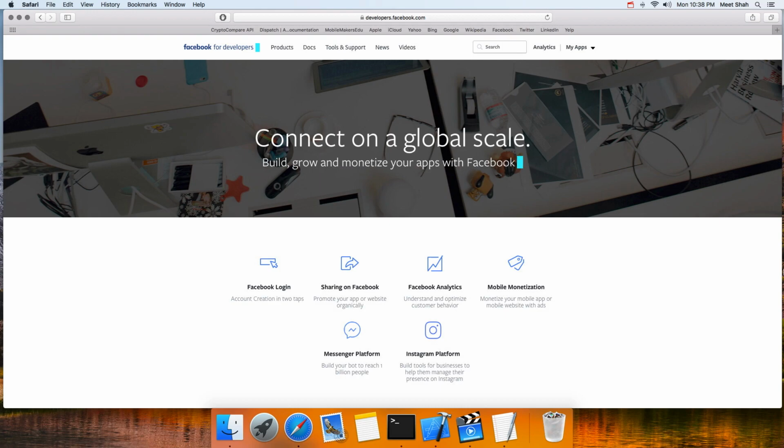To give a quick overview of what Facebook Account Kit is, Account Kit provides new users the ability to sign up for your application, whether it's a web app or a mobile app, using their email address or phone number. Now, this email or phone number doesn't have to be associated with the user's Facebook profile. It could be any email address or phone number, where the Account Kit API will send them a 6-digit authorization code, and once the user enters that code, the API will authenticate the user, and it will create a